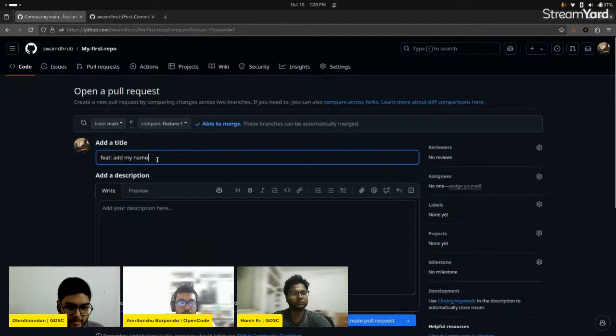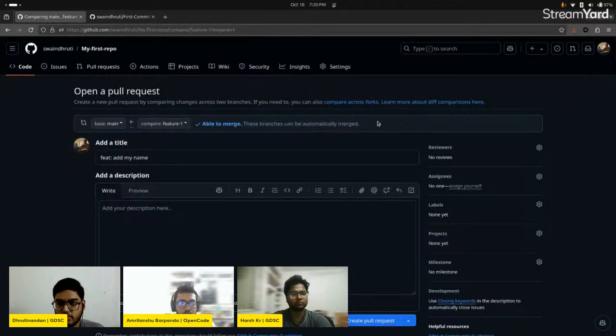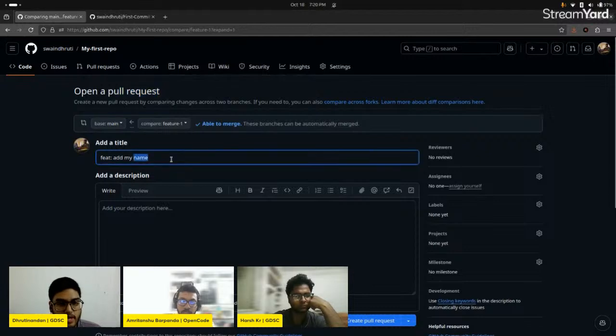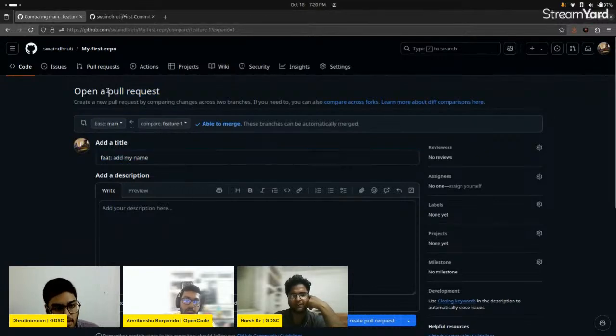With admin name. As you can see, these branches are automatically merged because there are no merge conflicts, and I'm currently working on my repository, not others. As you can see the arrow direction, feature one changes are going to be merged in the main branch with the help of a pull request. Whenever you are raising a pull request, we will learn about pull requests in a while. You have to give a title,